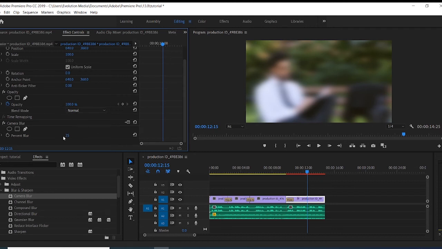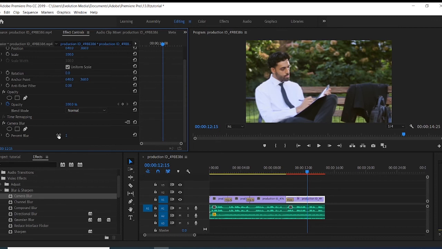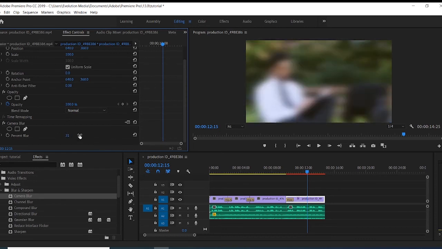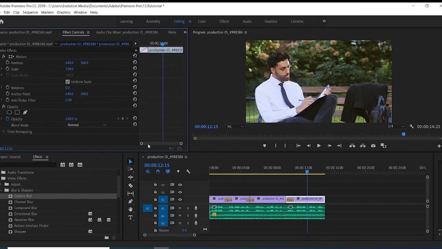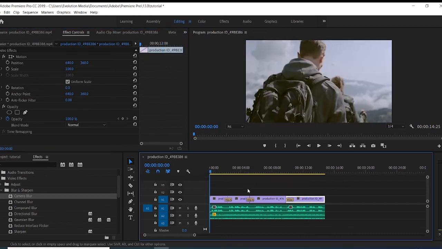So this is the percentage of the blur. You can reduce it here, and you can increase it as well, but I don't need any blur there, so let me just delete it. I click delete, so I don't have a blur there. So this video is what we have right now, and I think we've reduced the audio, not to contest with this audio one, which is our main message. We put the video that we want, which is actually appropriate for what I'm saying as a description.